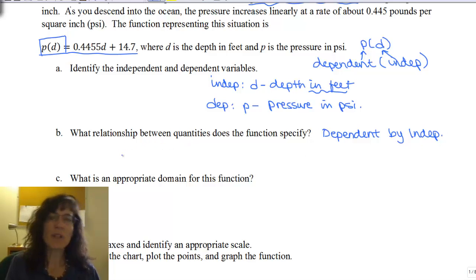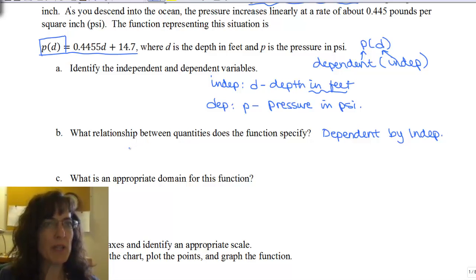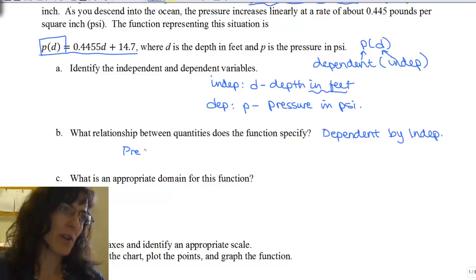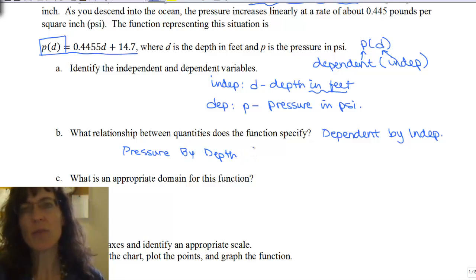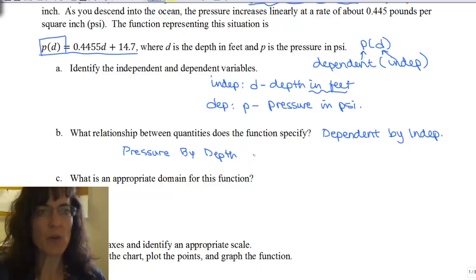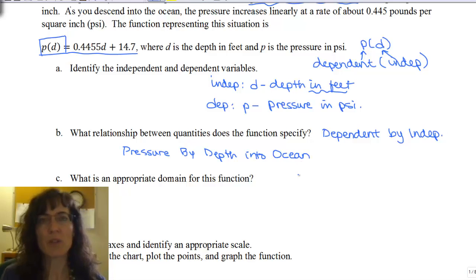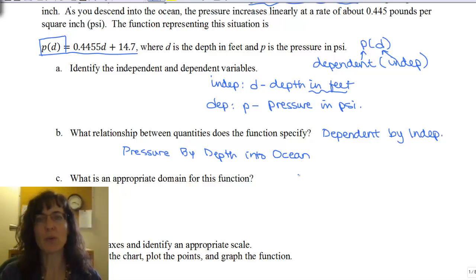And so we want to sometimes add a little bit of extra information. This one, the dependent variable was the pressure, so we could say pressure by depth. And the little extra information I would want to put on this title would be depth into the ocean,